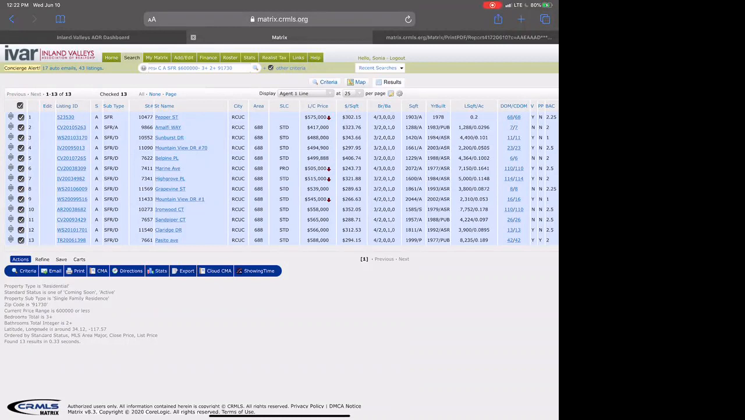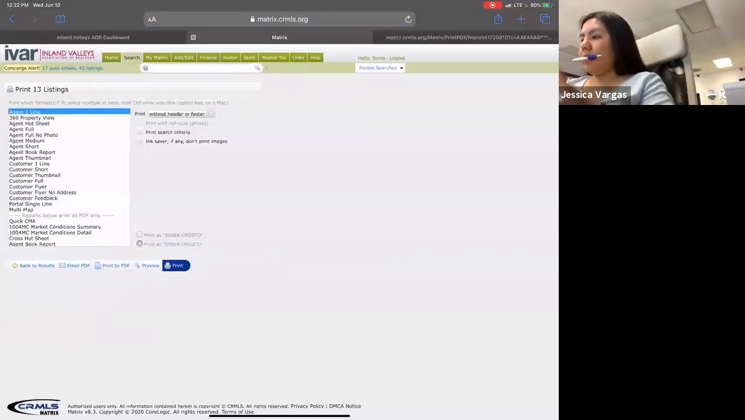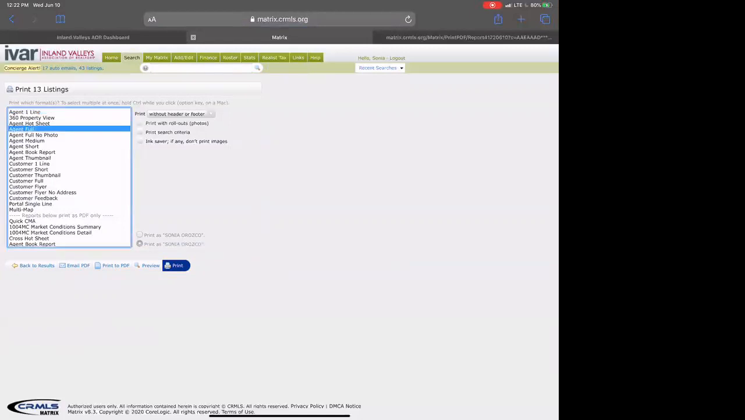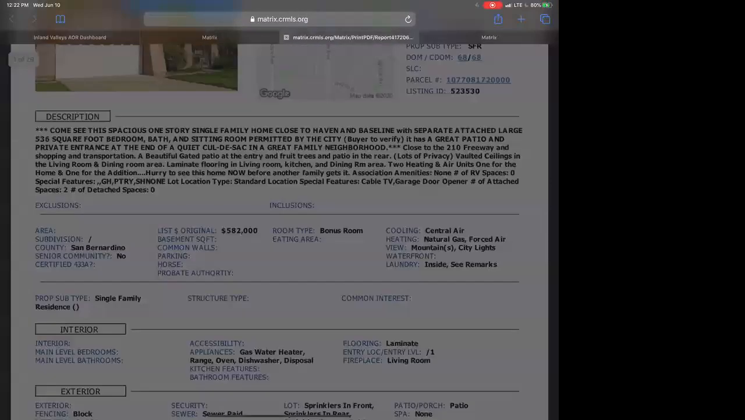That's up to you. And then I'm going to go down here to print. So down here at the blue toolbar, I'll hit print. And once I hit print, I want the agent full, and then I also want the multi-map. So I'm going to select both of those, the agent full and the multi-map. That way, I'm going to select print to PDF. And when I select print to PDF, it now becomes a PDF